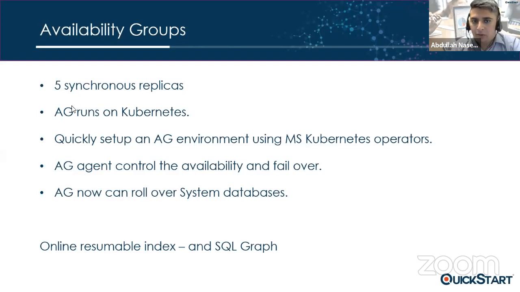Big thing. Kubernetes, you can now have availability groups in your Kubernetes environment. So you can have Kubernetes hosting your instances, your replicas, your primaries, as well as your secondaries, your entire availability groups system in Kubernetes. And that's really interesting, because Kubernetes has something called an operator, and you use an operator that sets up an environment for you. So Microsoft created their own operator for Kubernetes. You can use this Kubernetes operator to quickly create an AG environment. It really doesn't take a lot of time, just a few clicks here and there, and you have an availability groups